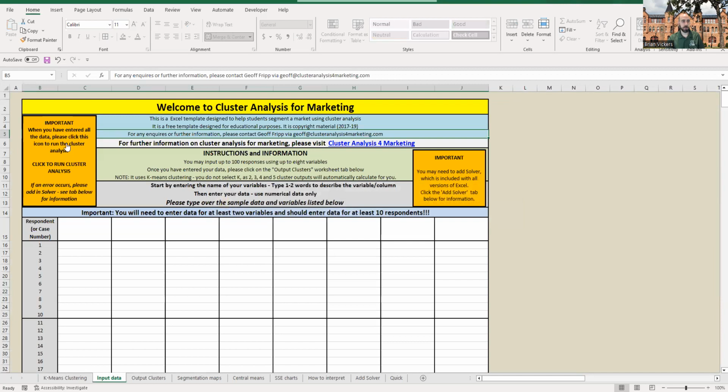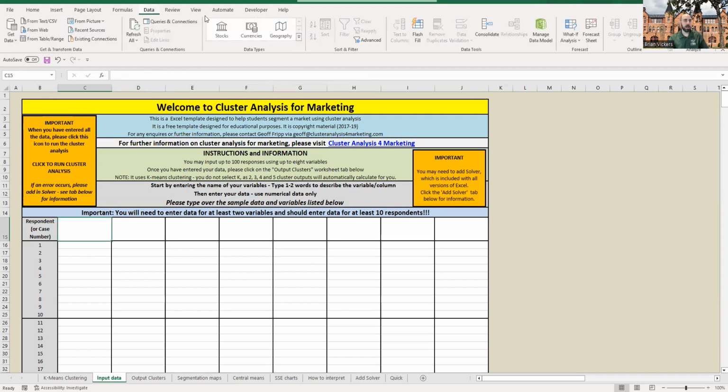In this orange box, do not click anywhere in this orange box right here until after you've clicked the data. It says when you've entered all the data, please click this icon to run the cluster analysis. All right. And one more thing before we get started,